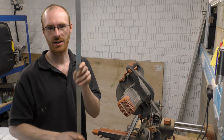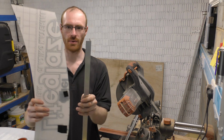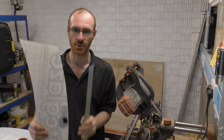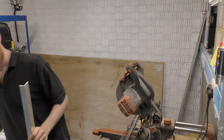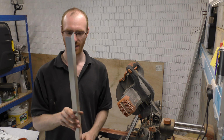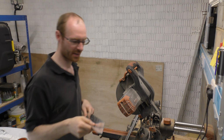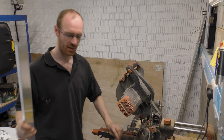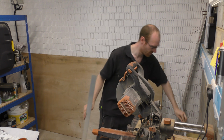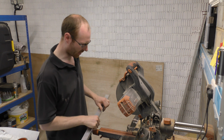But obviously these are straight, and we need them to do that. So in order to do that, we're going to have to cut these and make them bend. And how we're going to do that is we're going to take this smaller edge and cut it. So these are the small pieces that are going to go underneath. They can go out of the way for the minute because we don't need those. I'm going to sit this in my saw